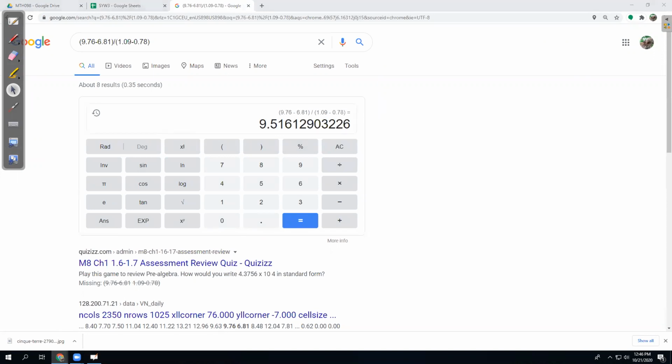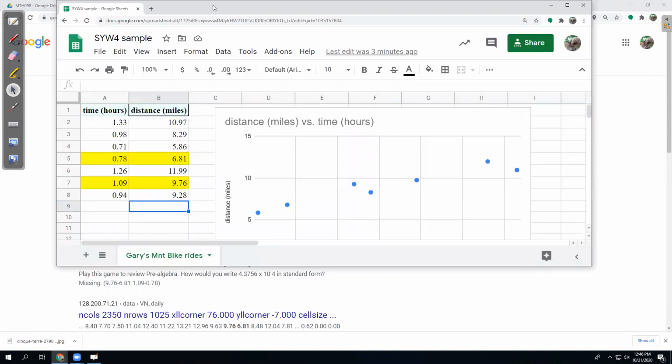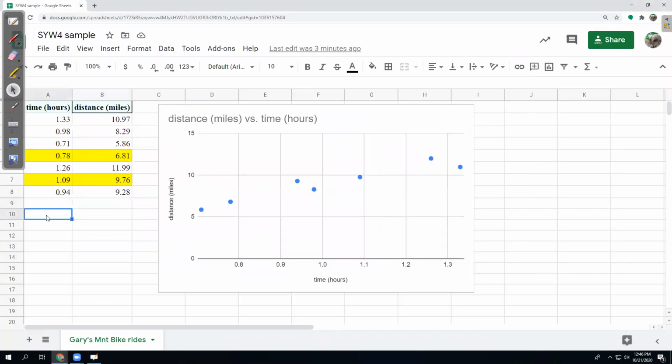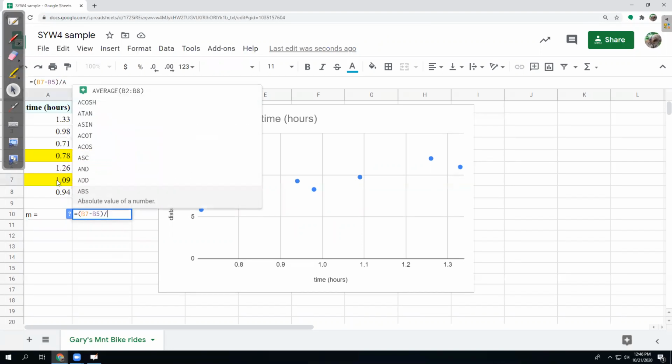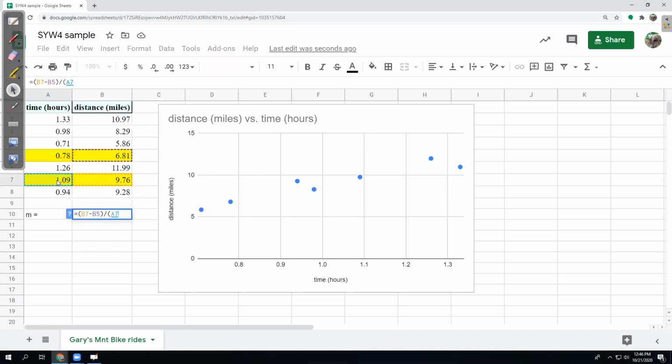Let's double check in the spreadsheet that I did it right. If I wanted to do the slope, let's call it M, I could do a similar thing: equals parentheses, take this y value minus the other, and the minus is just the dash on the keyboard, close the numerator, divide that x value minus the, oops, I forgot my parentheses for the denominator, that would be tragic. The numerator and denominator need parentheses because they're complicated. And I get that same number, 9.516-ish.